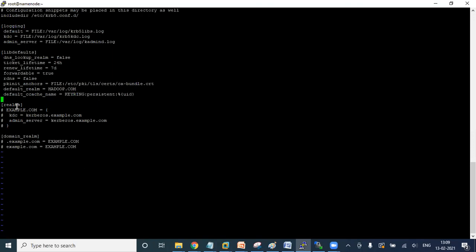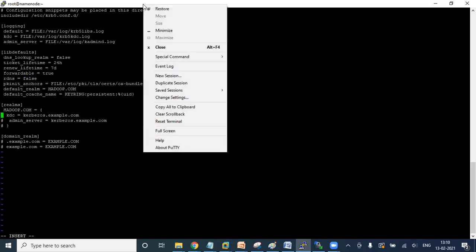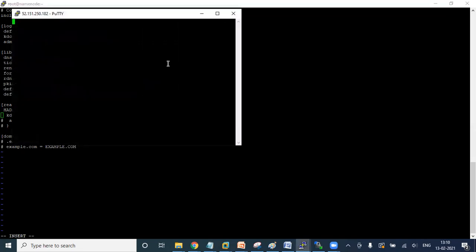In the realms section you can see here, we're going to uncomment this and define our realm name, hadoop.com. Where we have installed our KDC, the host name has to be defined. Let's duplicate.